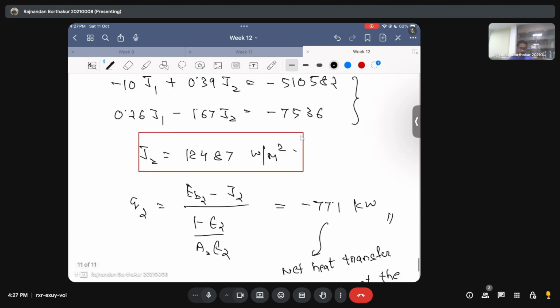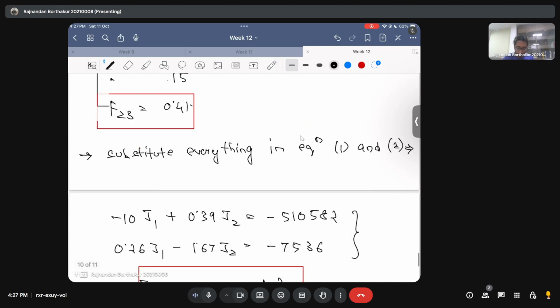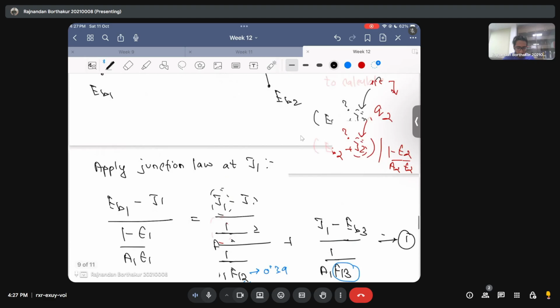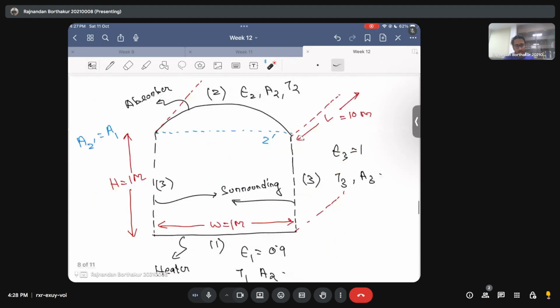Okay, that's it, guys. So this is the solution to this problem. This is a good problem, I should say, because it involved multiple concepts. First, building the enclosure itself, which is basically this, using the surrounding to our advantage and taking use of the